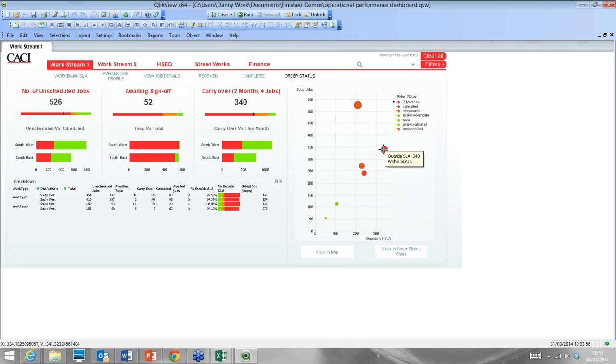And then there's a number that are over 2 months old. Now this application is a 1-month snapshot, so we won't take a look at those jobs today. And we've got jobs which are TECO, which stands for technical completion, highlighted here, awaiting sign-off. Now awaiting sign-off basically means that we can get rid of those quite quickly through the system. It's just highlighting that we just need ticking off by the client,